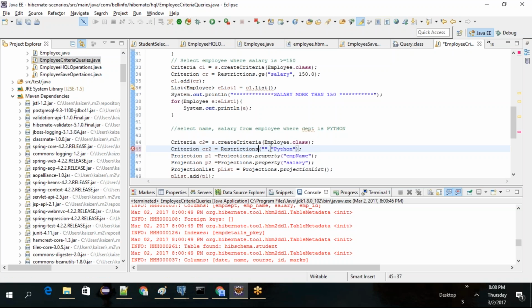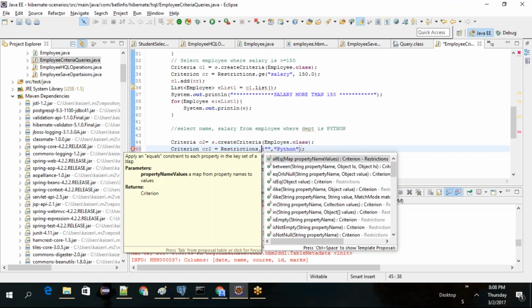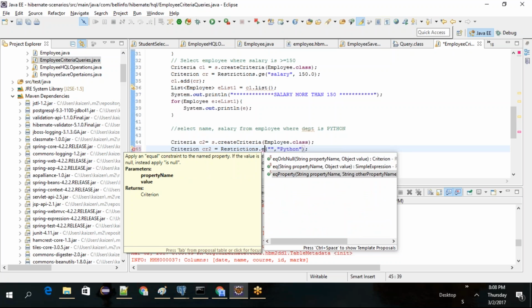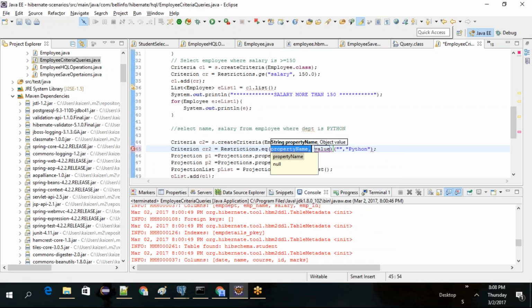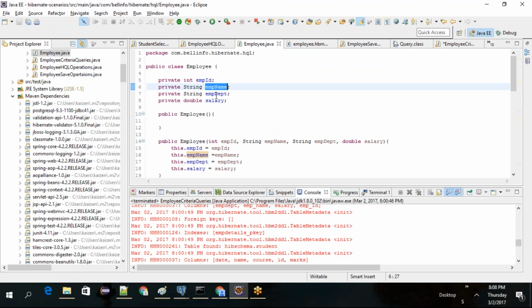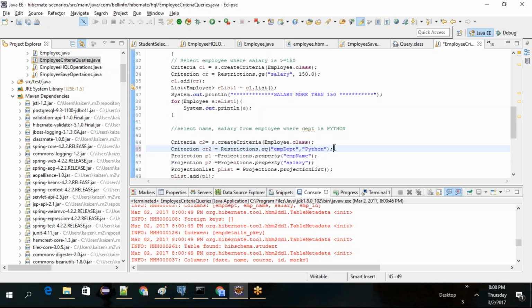This one doesn't equal to restrictions dot which one means, I think equal is, yeah, you have equal, so we don't need to worry about it. What is equal? If employee department is Python, yeah,